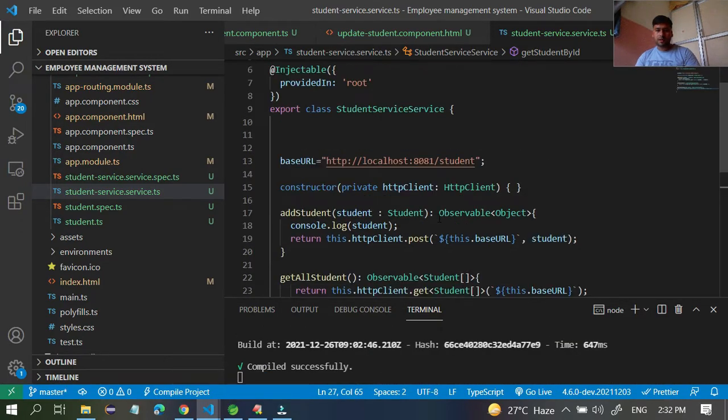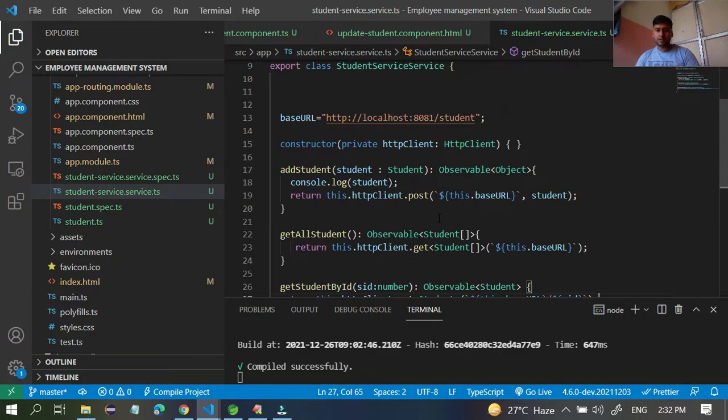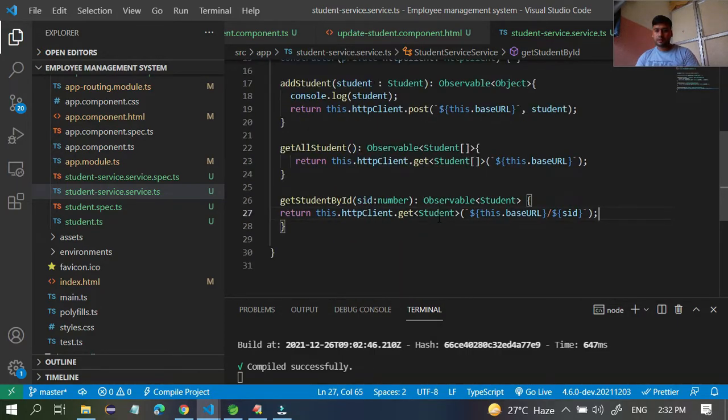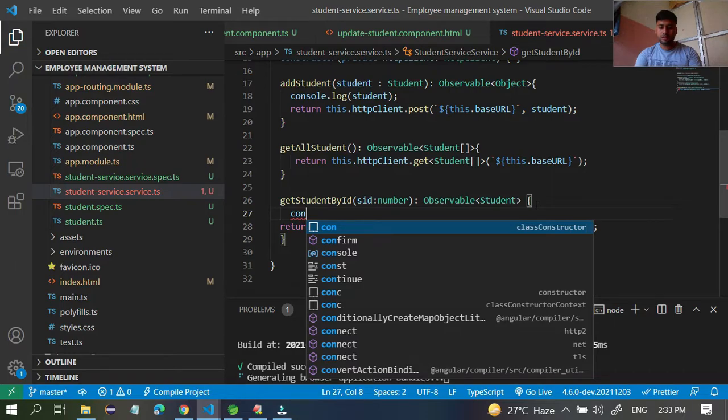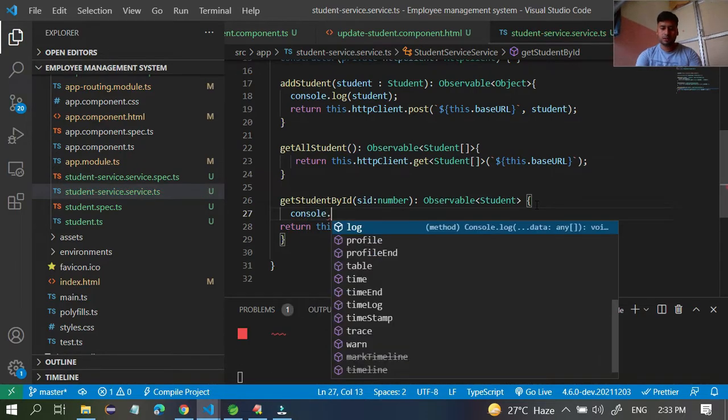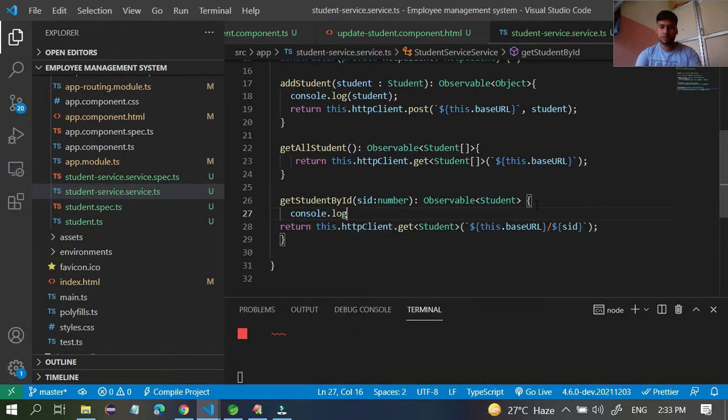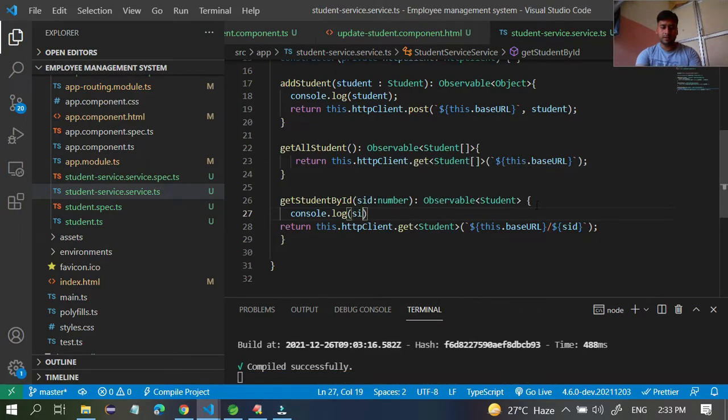So you have maintained this one, student slash sid. Yeah, fine, no problem. Now you have to see the request you got right now. So here you just have to write console.log and print sid to see whether you are getting it or not.